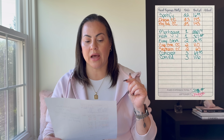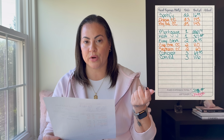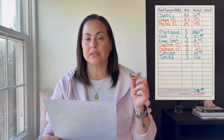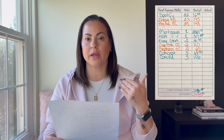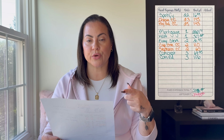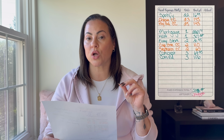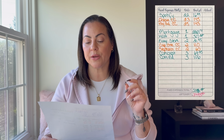Under fixed expenses, I have Spotify, which is $16.99. I have not decided on whether I'm going to give up Spotify or not. I did lower that amount, just a few dollars, but it's lower than what I was paying last month. Then Chase credit card on the 23rd for $145. PayPal credit card on the 25th for $143. Then on November 1st, I have to pay my mortgage,